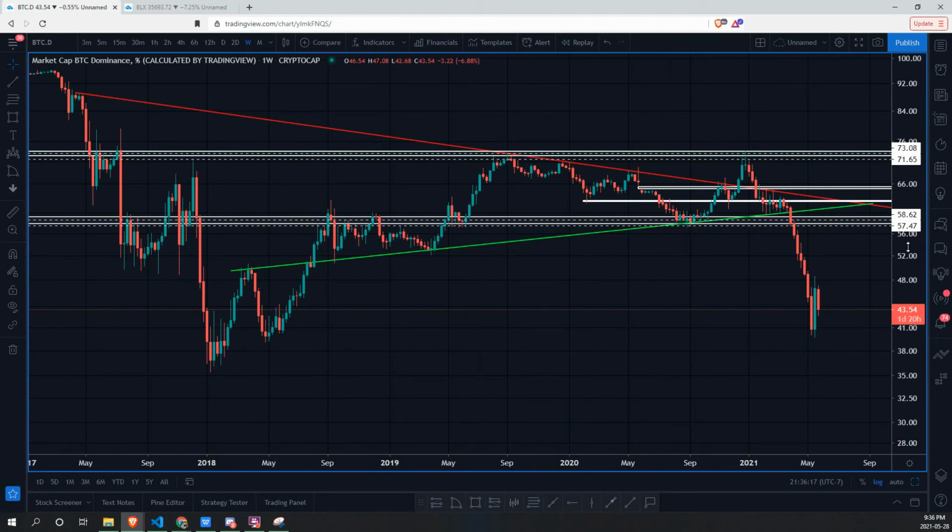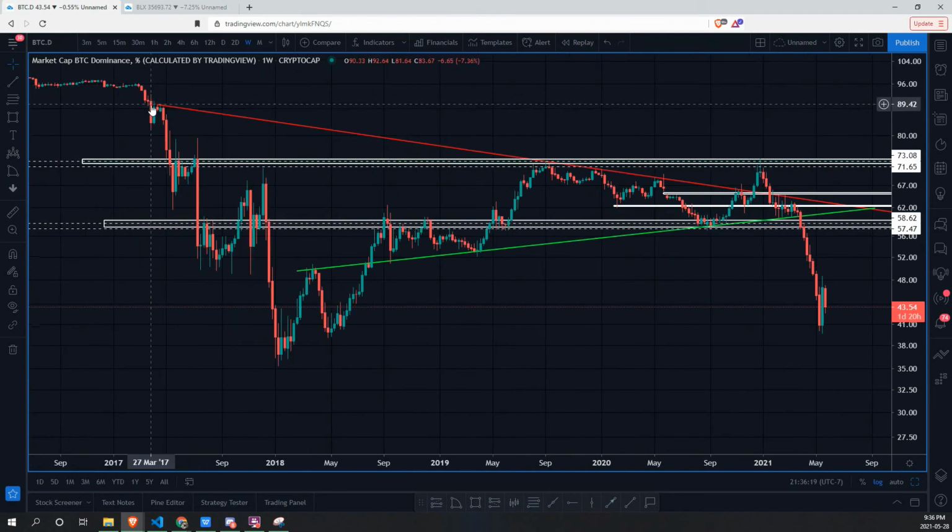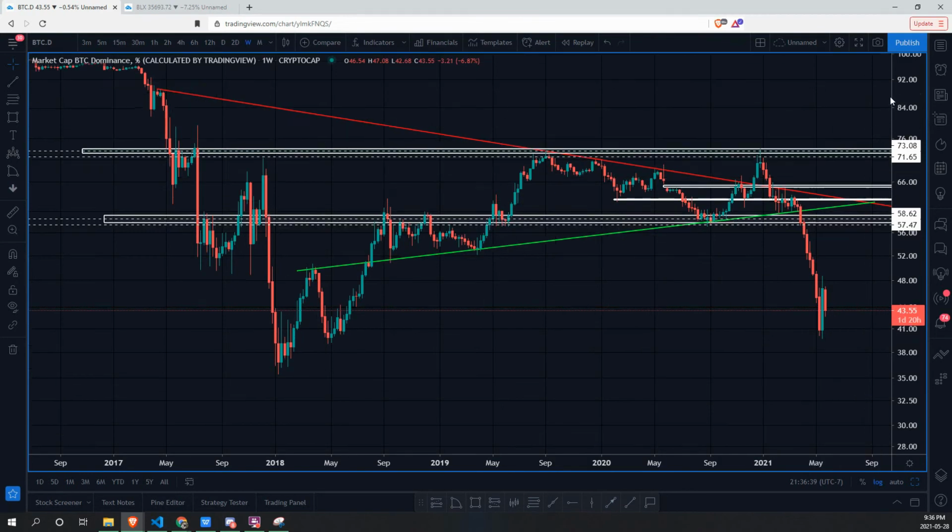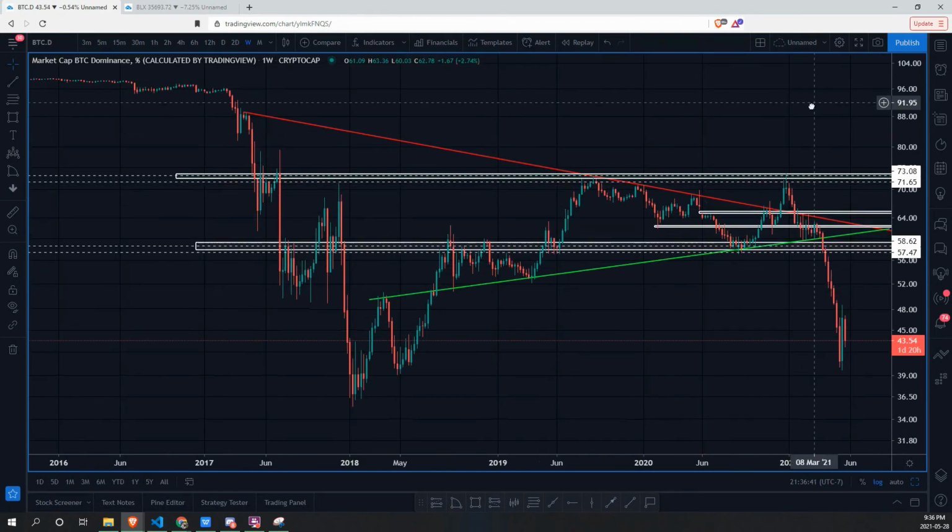Great consolidation. Like we saw in 2017, it has consolidations, but the overall direction is to the downside, indicating that altcoins are increasing and appreciating and taking market share at a greater rate than Bitcoin in terms of the capital inflows, which makes sense. There's more hype. Bitcoin's like the blue chip of the cryptocurrency market.